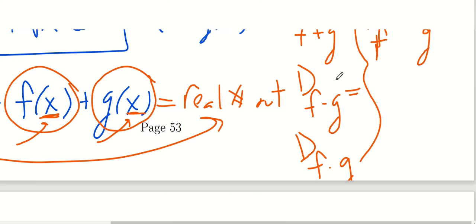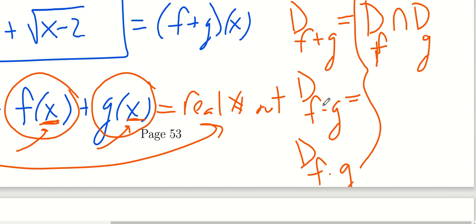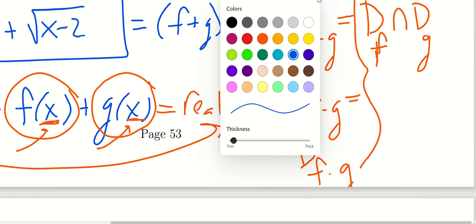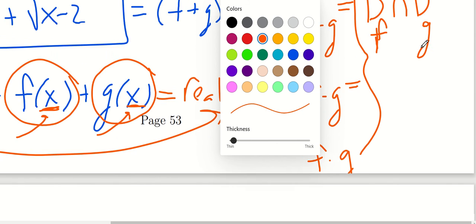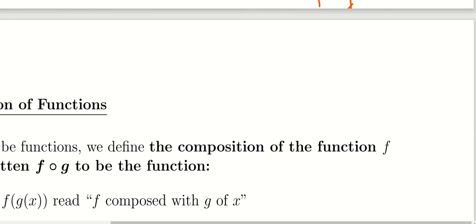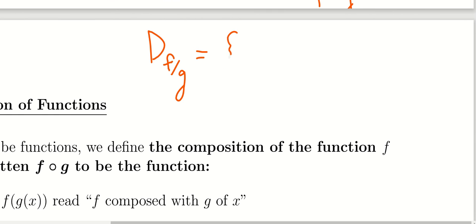Notice that the one function that I did not write up in this list was f divided by g. And its domain is very similar, but with one extra criteria. So if you wanted the domain of the function f divided by g, let me write it maybe in set builder notation. It's the x's that are also in the intersection of the two. So you have to be in the domain of f, and you also have to be in the domain of g,